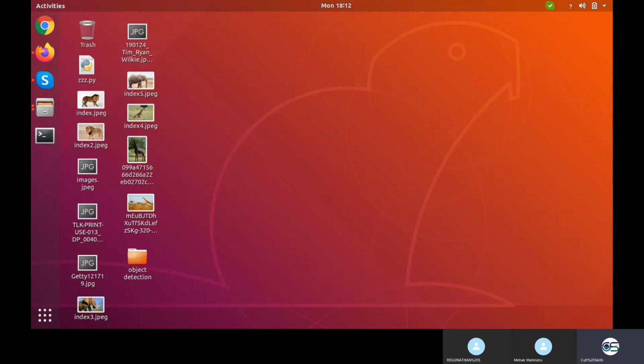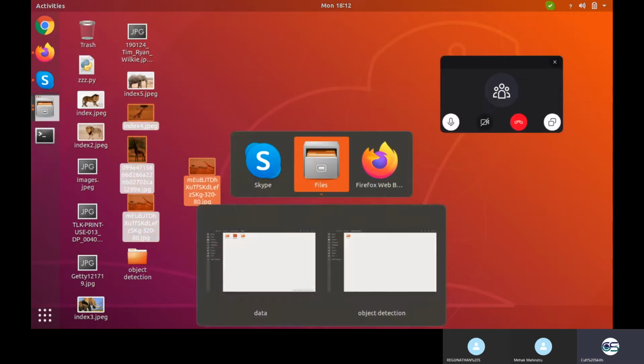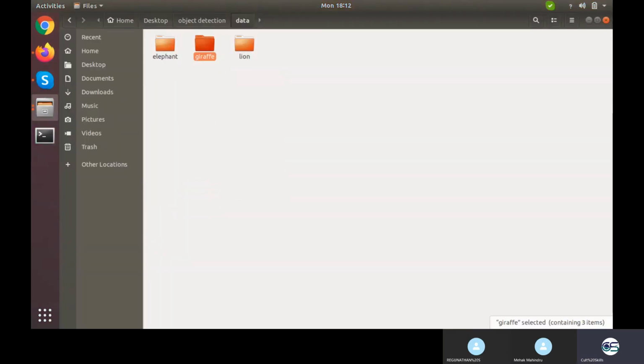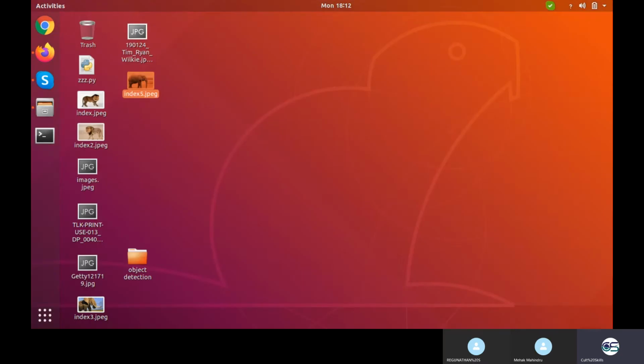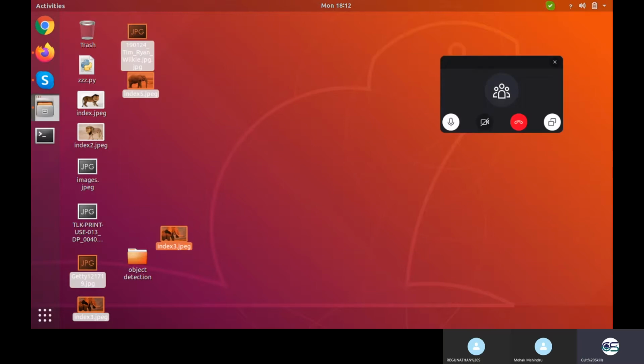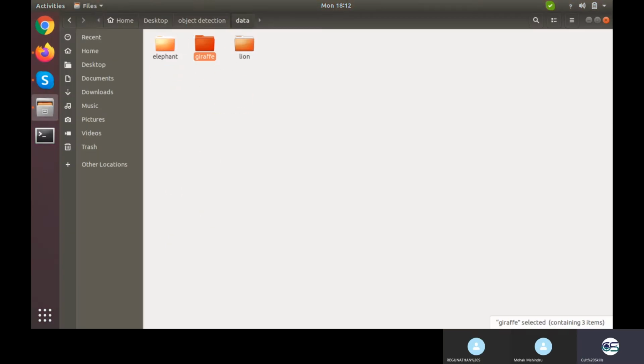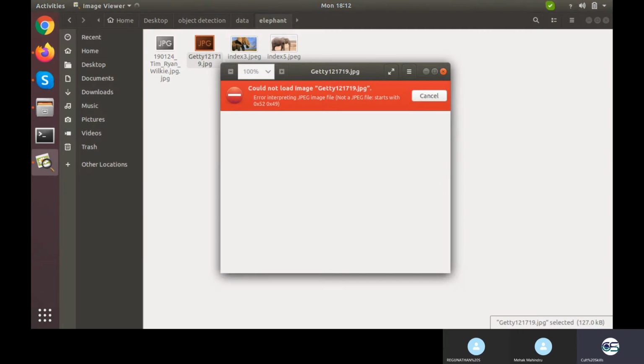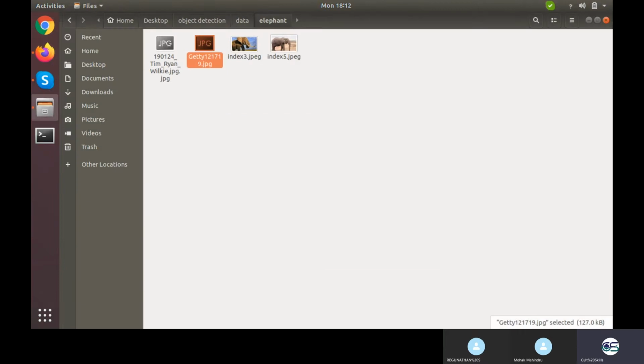Okay, so these are 3 giraffe images. Then 1, 2, 3, and I guess 4. These images are not working.